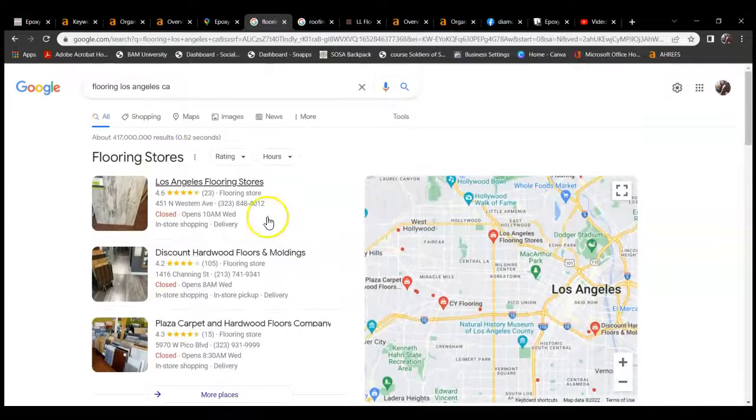Then you have this Google Map Pack. The people who search this way want to see a company that is local and in the area. It can pull up to 80% of the traffic. So for this particular keyword, flooring Los Angeles, California,